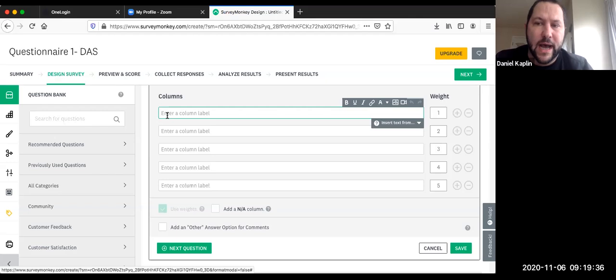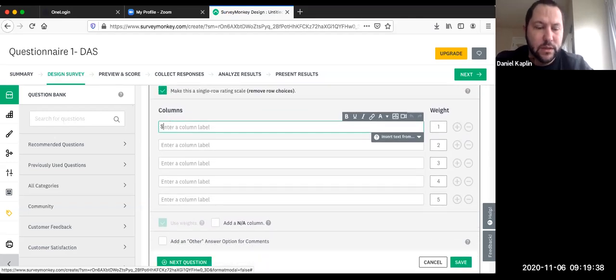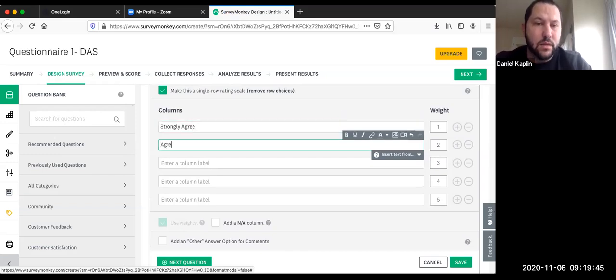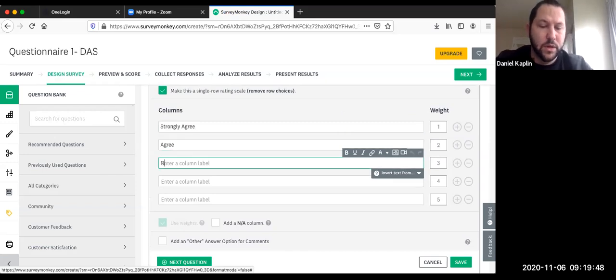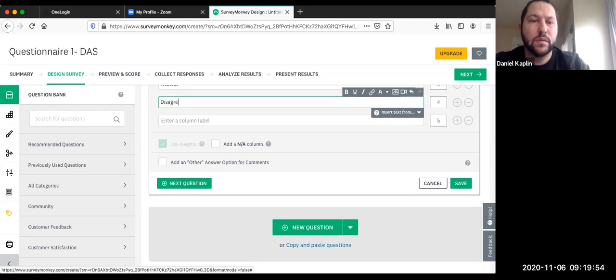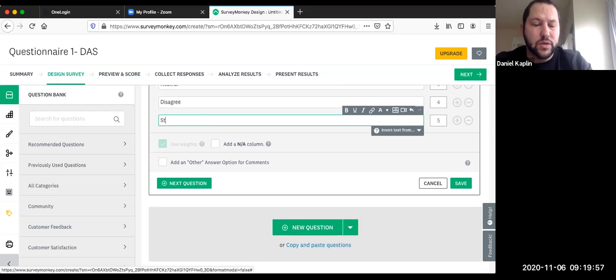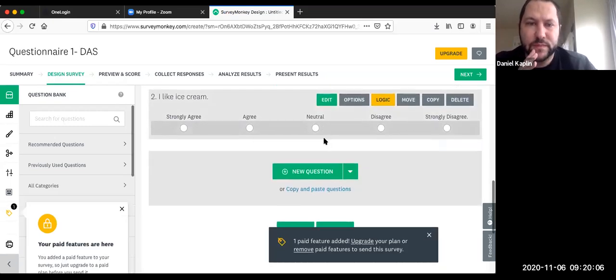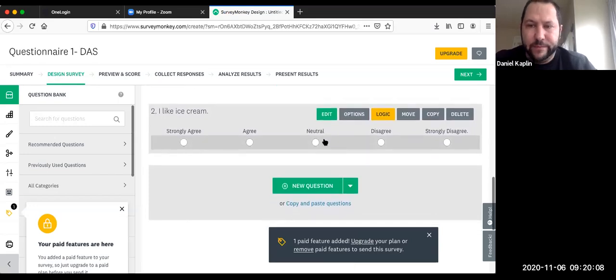So one option would be strongly agree, agree, neutral, disagree, and then strongly disagree. All right. So now I've created a question. So I like ice cream